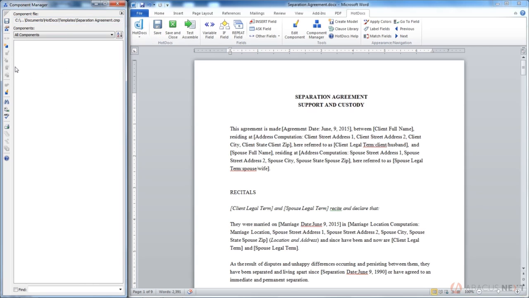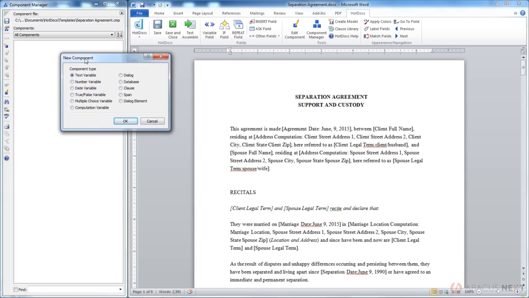I'm just going to create a couple of components because in later videos we're going to go more in depth about different components. So I'm going to start just by creating a simple date variable. Here I'm going to call it agreement date. So hopefully you've watched the naming convention video already. The naming convention that I'm going to use is our standard practice naming convention of initial caps with no characters after that. To create a new component with the Component Manager, I'm going to click on the New Component button,